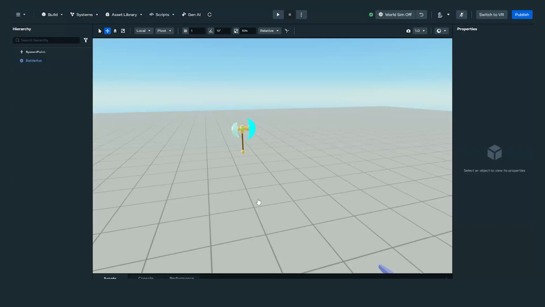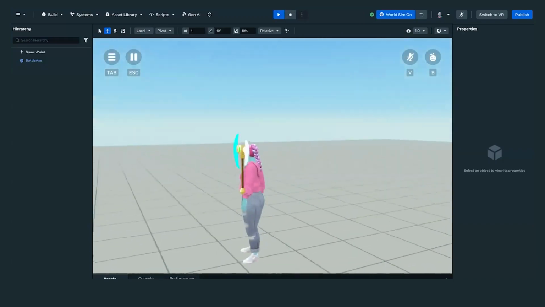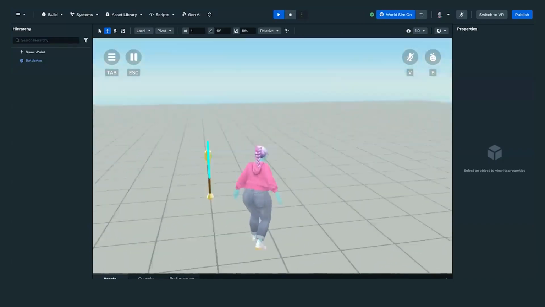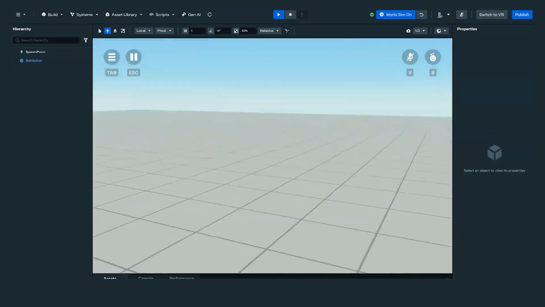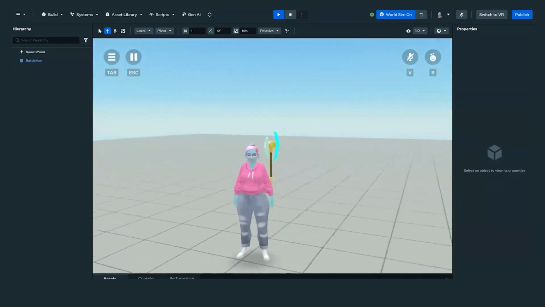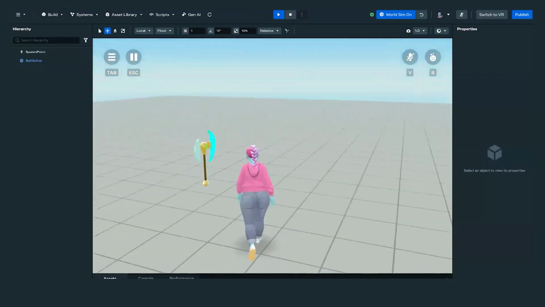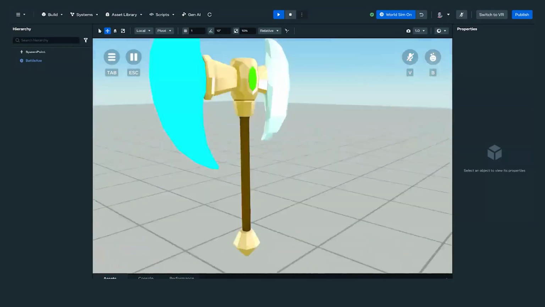So the challenge is what you're going to do is take a picture and say hello to my alt avatar. Take a picture next to the axe and place it into the forum. And that's how you earn your badge.